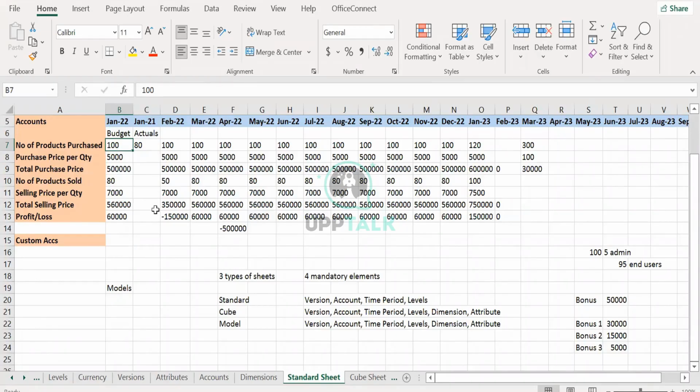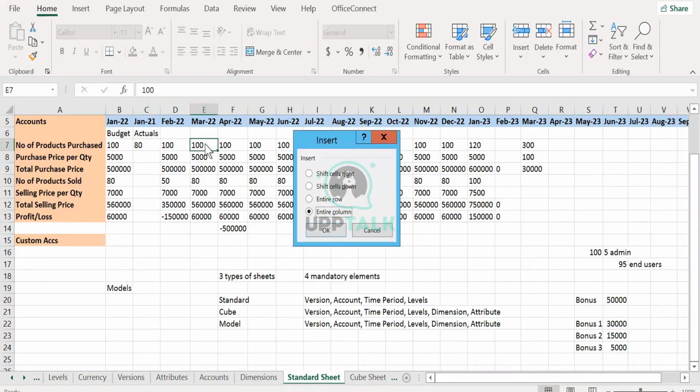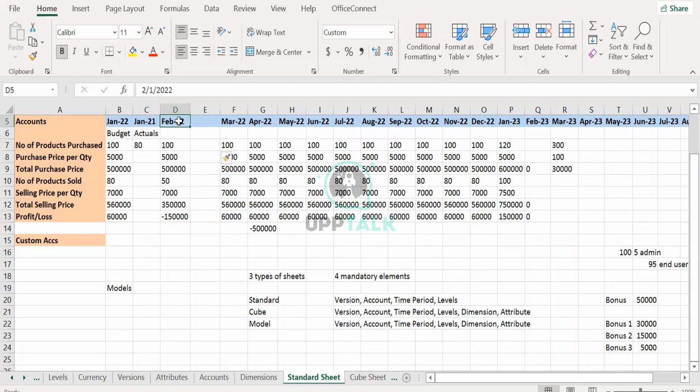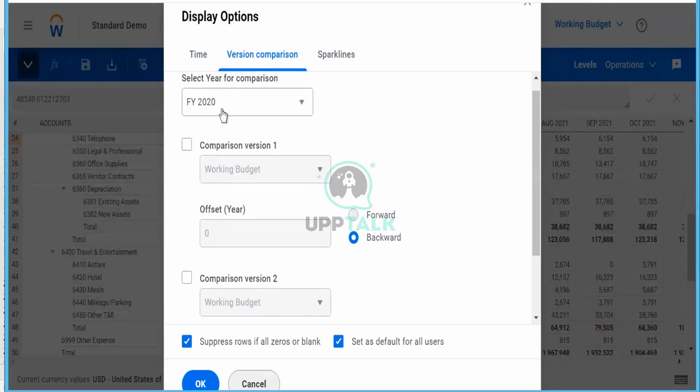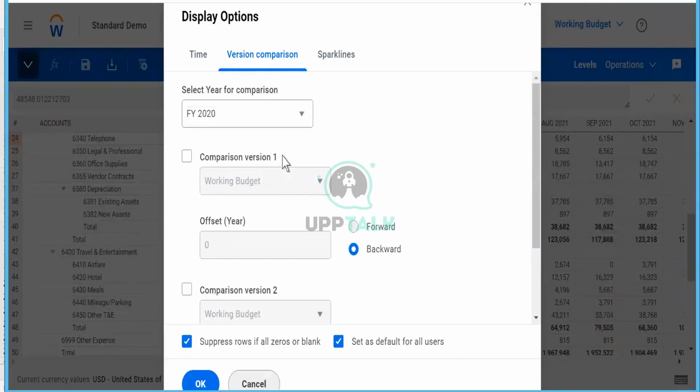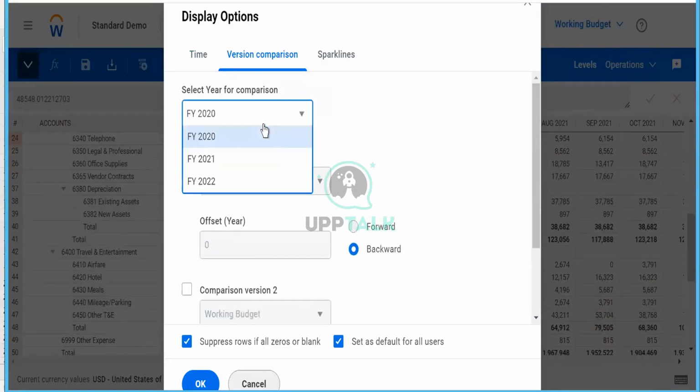I was saying that if you compare in the same screen, for every month it gives you a comparison. This will have a Feb 21 here also, and this will be for the same. You get a version comparison. This adaptive sheet allows you to have a version comparison where you can select which particular year you want to compare to. Let's try if it's working. I don't know if it will work.